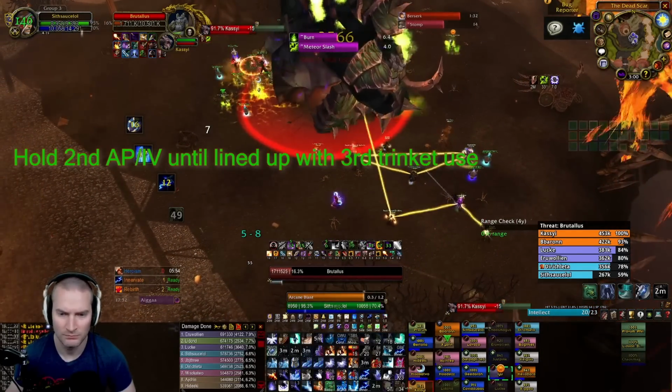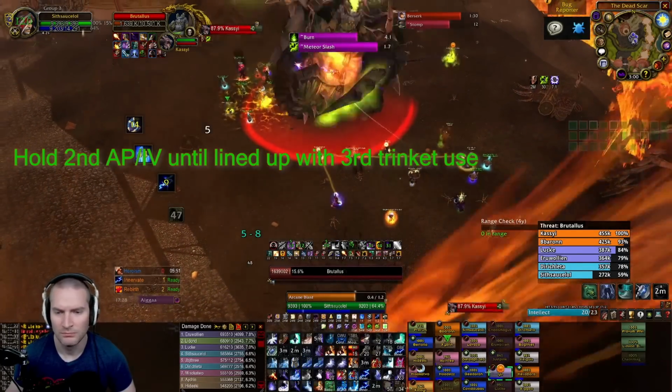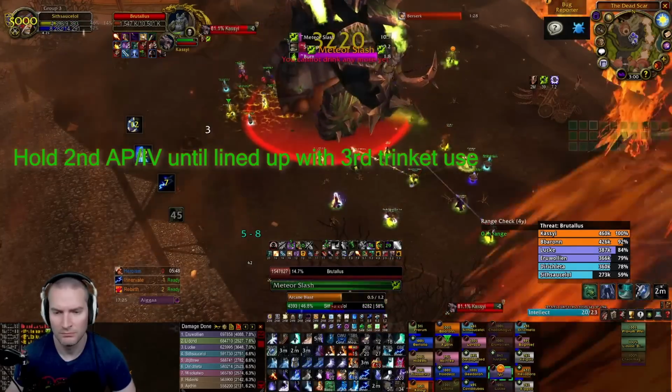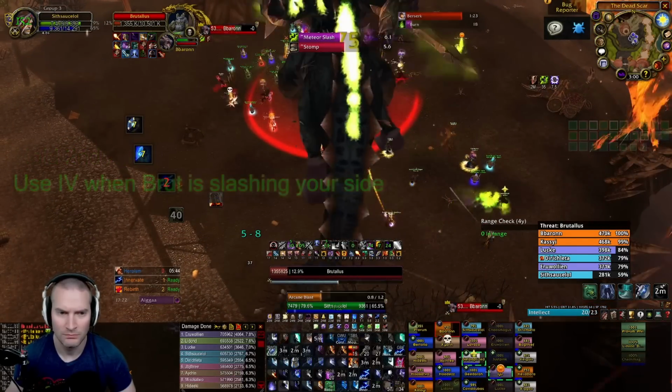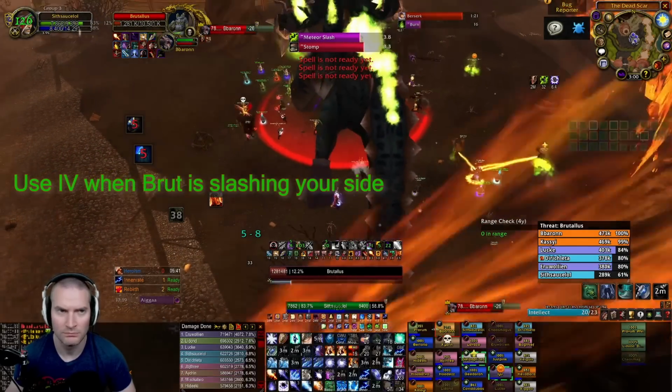But wait until Icy Veins, Arcane Power, and your third trinket use all come off cooldown for that last usage so that they're all lined up and all used at the same time. Preferably also pop these cooldowns when you use Meteor Slash on your side so that your second Icy Veins usage